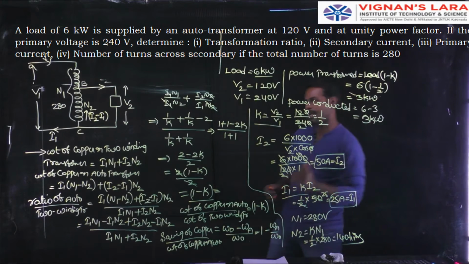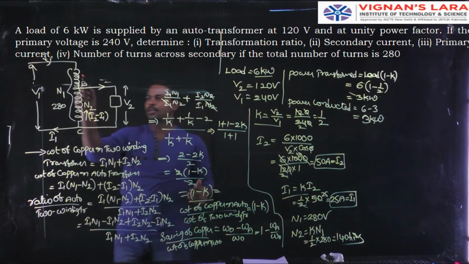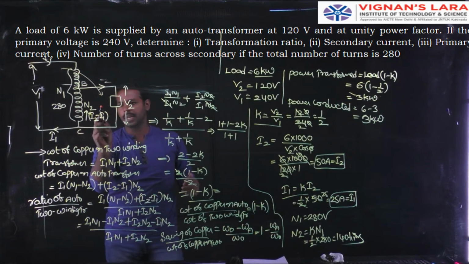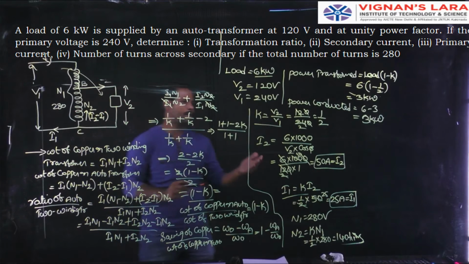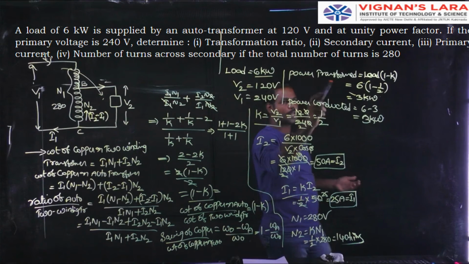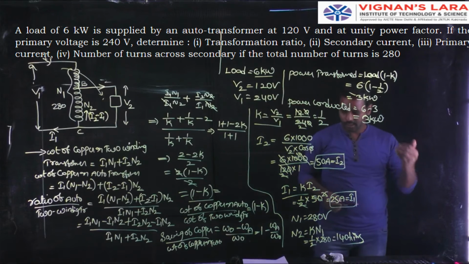Another one is the induction process. Whenever the power is to be transmitted through this winding to the load, that is load into (1 minus K), and the remaining portion is transmitted directly. So total load is equal to 6 kilowatts. 3 kilowatts of power is transmitted in this fashion, and another 3 is in this process. So that is the power transformed conductively and inductively.